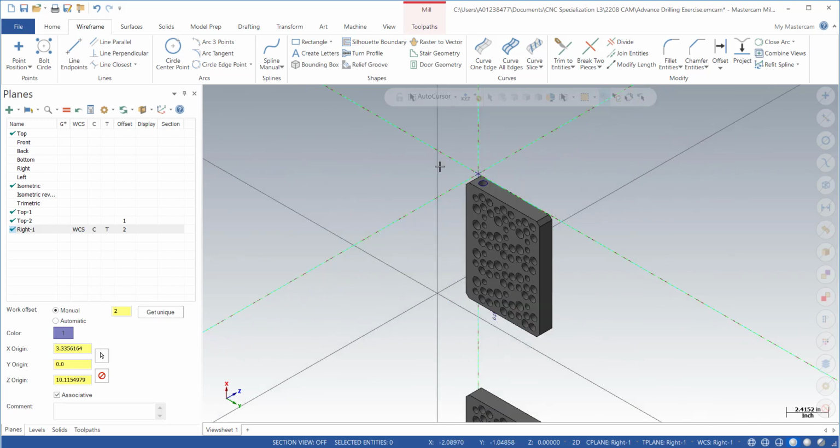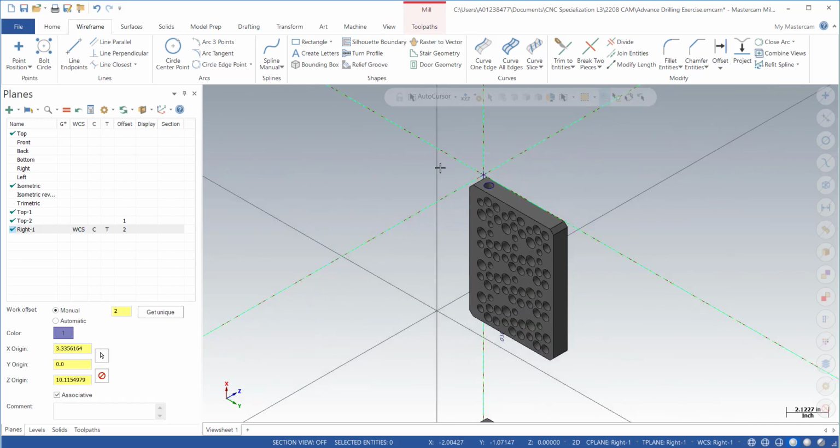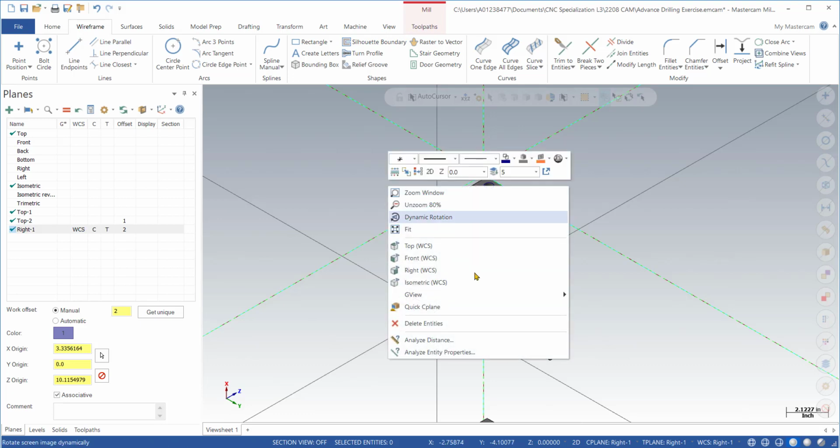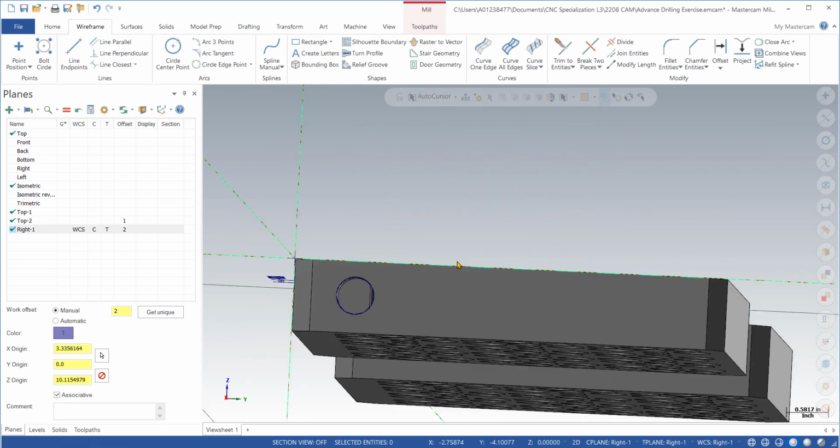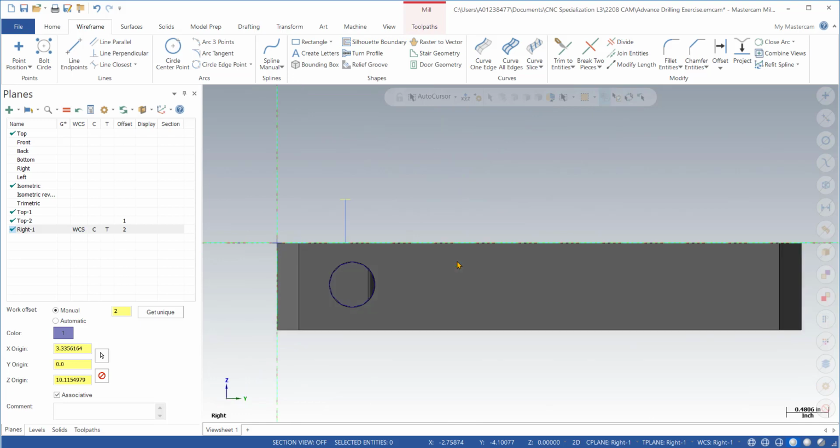Now, if I just update my view here, isometric again, you see it brings that view up as our z-axis. So it's already orienting. It's thinking in a way that this is how we will be basically setting it up in the machine. So by looking at the top view, you see this is how it will be in your machine, and you see the corner which will be the work offset for our setup. All right, so let's go ahead,